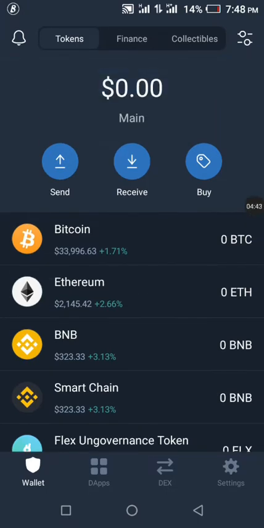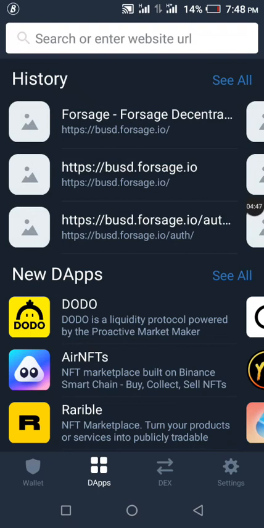All right, to register, you click here, DApps. Once you click DApps, what do you do next? I will be sending you, or I will post the link to the Forsage BUSD site. Of course, Forsage BUSD has one URL, forsage.io.